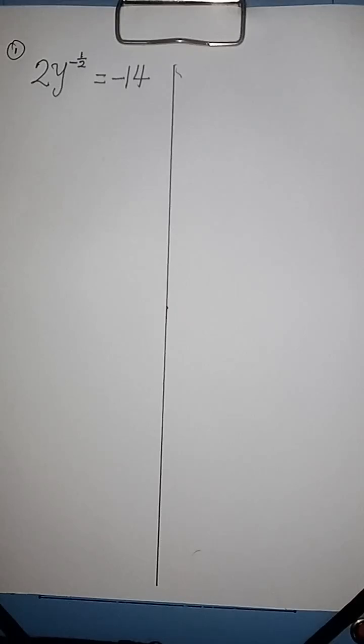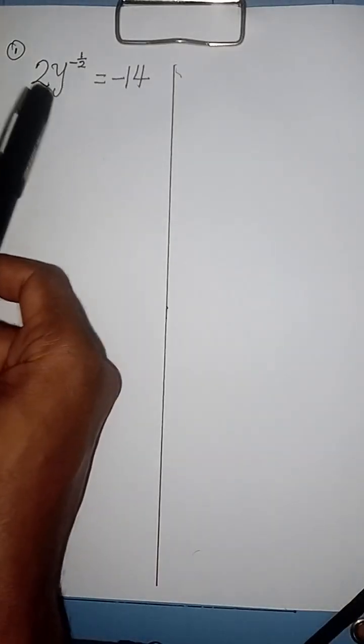Now, what is an easy way to solve this question? 2y raised to power minus half equal to minus 14. This is also a question involving indices, equations involving indices. Now, the first thing I'll do is to divide both sides by the coefficient of y raised to power minus